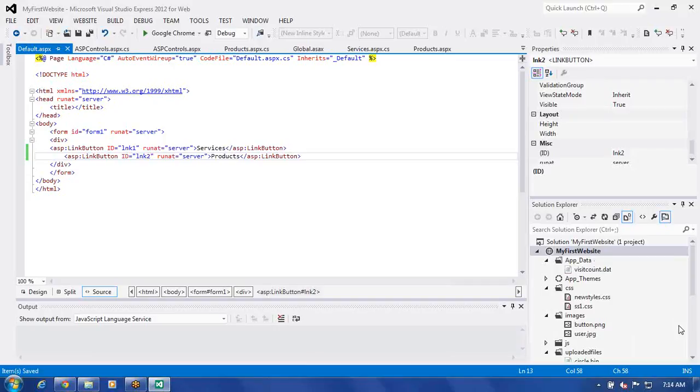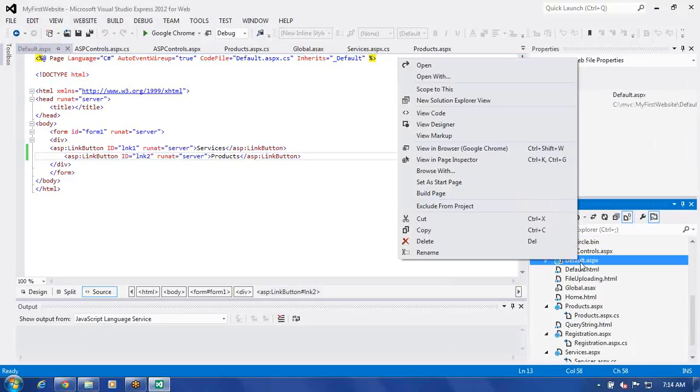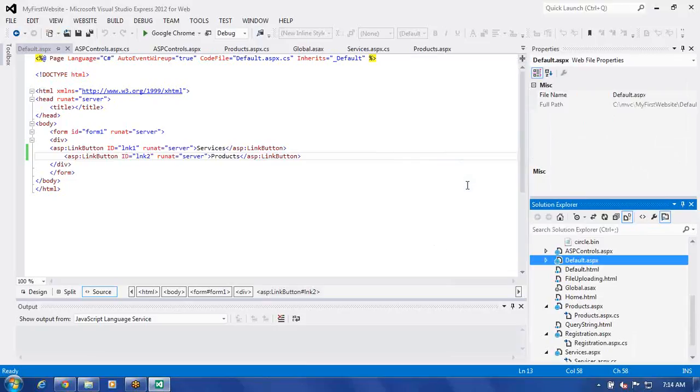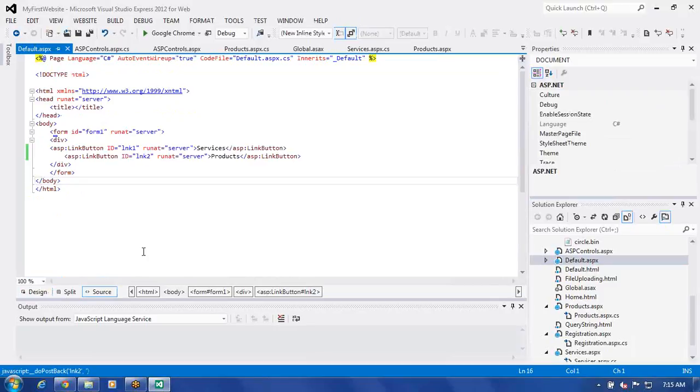Now I want to make the default page a startup page. Go to default.aspx. Here I am going to set this as the start page. When you come to the default page, you write code for this. Let us put a gap between them. Here let us try to maintain some gap. So how to maintain a gap in this is,